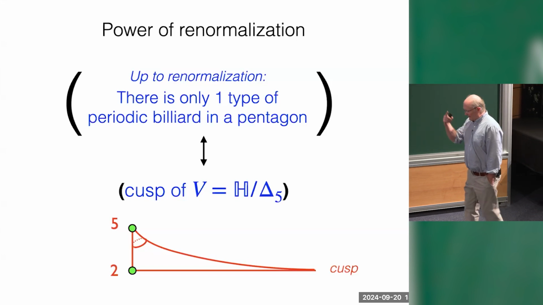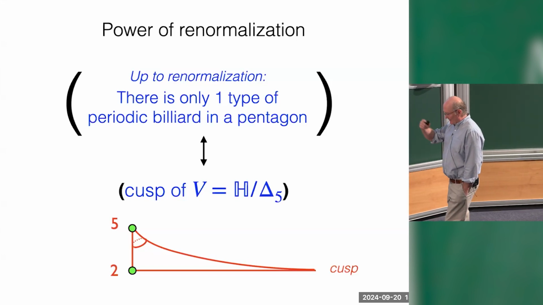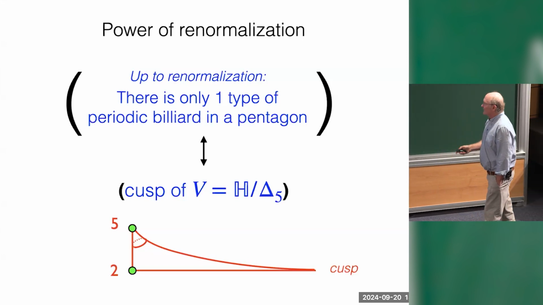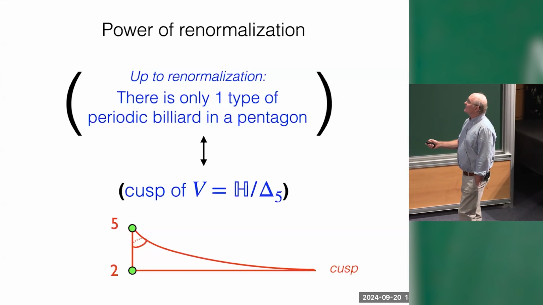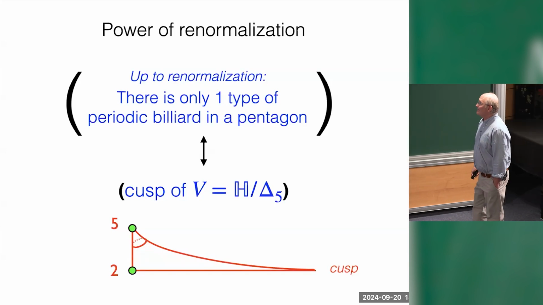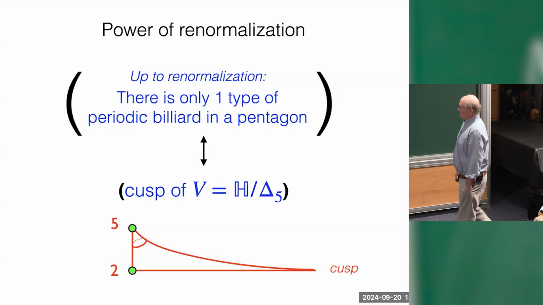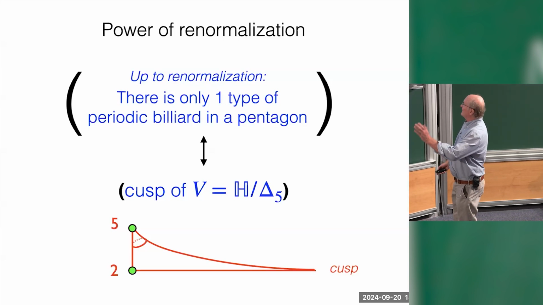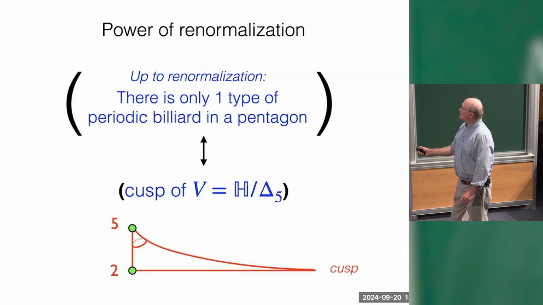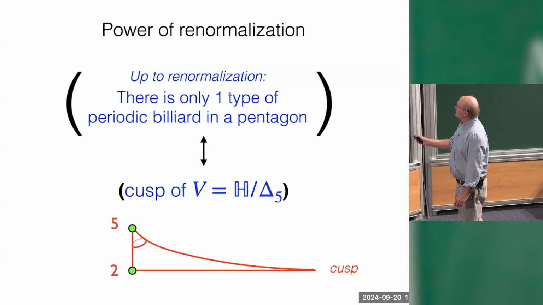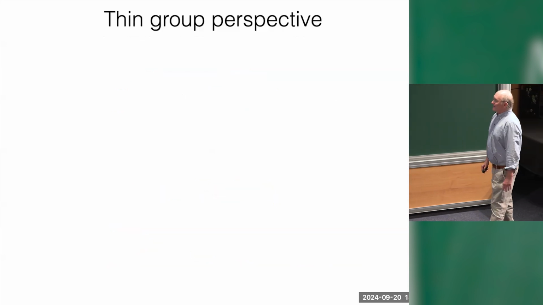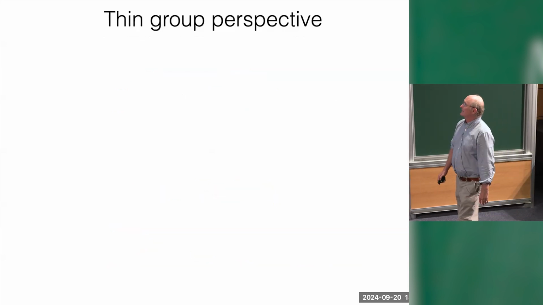In other words, all of the points that are fixed by parabolic elements on the boundary of the upper half plane lie in a single orbit of the group. And this is really the secret and power of renormalization for understanding billiards in the pentagon. From a more sophisticated viewpoint, there's really only one periodic trajectory to understand. But that just hides the difficulty of understanding inside this renormalization group, delta 5. Okay, so let's talk about this triangle group a little.